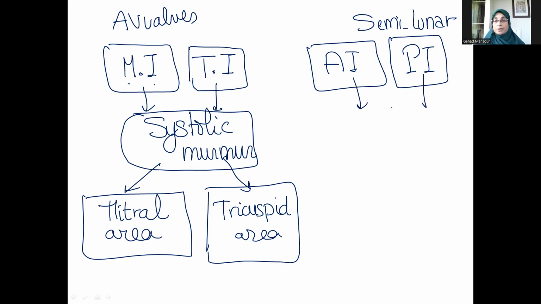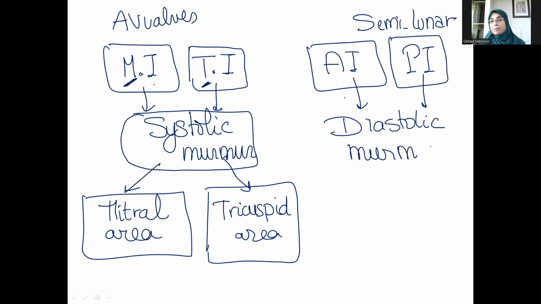Both will give rise to a turbulent flow, both will give rise to a murmur, but that if the murmur of mitral incompetence and tricuspid incompetence is systolic, then automatically the murmur here would be a